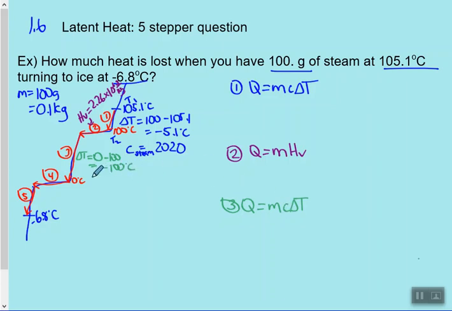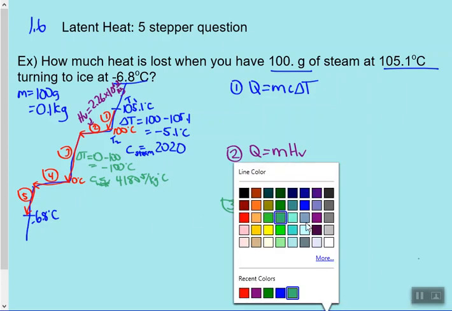Okay, and my C value for water, you might have memorized already. So C for water is 4,180 joules per kilogram degrees Celsius. So that's that, and that. We're good to find everything there. So next step,